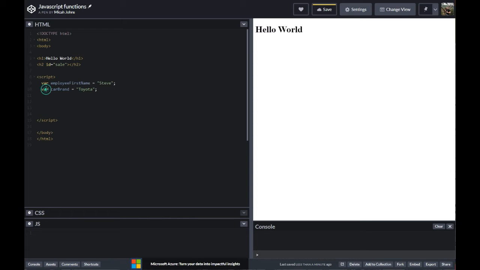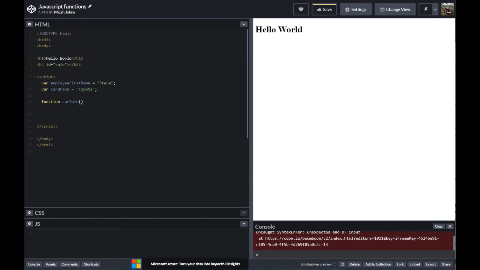So I'm still going to keep our two variables, but then we're going to just type function, and then we're going to type what the function is supposed to be called. In our case, we're going to call it car sale. Then we're going to put in these two parentheses, which can accept parameters, but we don't need to do that right now. We're just going to throw things in the business area, which is inside these curly braces. This time we just want to return the result of adding two variables. So in this case, we're going to type in return,